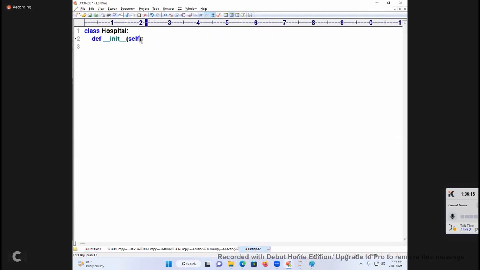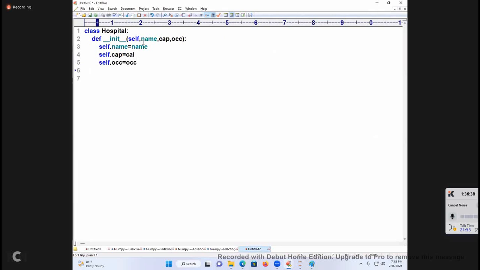Good, come to the point. Name, comma, capacity, and next occ. Self dot name is equal to name. Self dot capacity is equal to cap. Self dot occ is equal to occ. Finished.